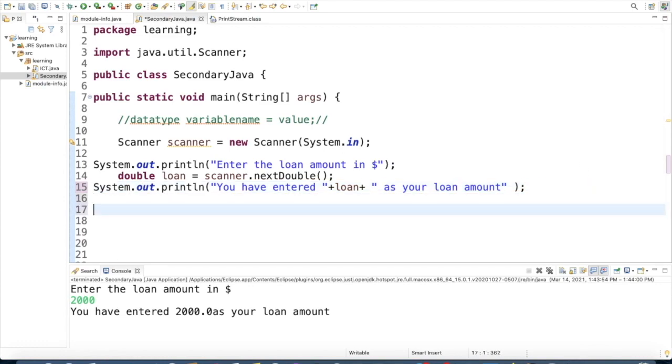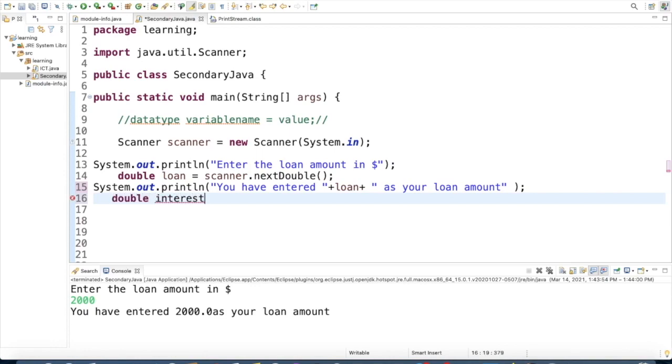So I would do the same thing. I will create another variable. I will call that int for the month, right? Because we've entered the loan. No, interest rate should be double as well. Interest rate, yes, it should be double. So let's call that double interest rate. All right, double interest rate. Remember, you can't put space between your variable. So I will say double interest rate equals